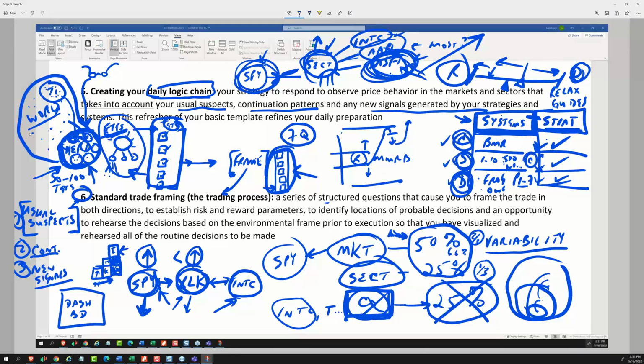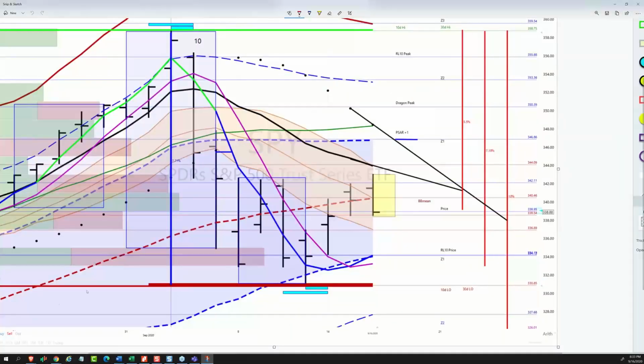So when I construct my little daily frame then, what I need to do is get a radar screen that has the S&P, and then maybe the sum total of my sectors is maybe there's 4 sectors that I care about, and maybe each one of them has 2 additional symbols. And then that's what I mean by assembling your logic chain. Then I can rehearse that and then make sure that my dashboard includes all the indicators I need to be able to distinguish between good performance from the sector or the market or the symbol itself. That's what I mean by finding the movers. I need to be able to find the movers.